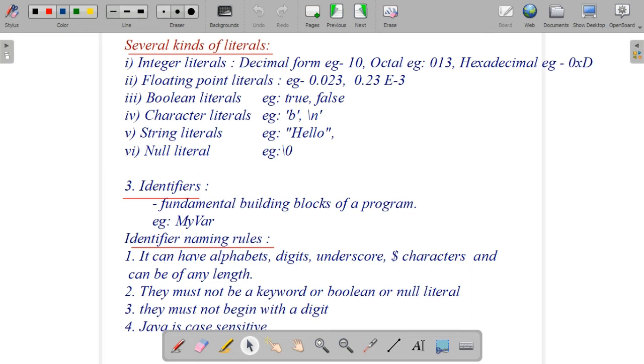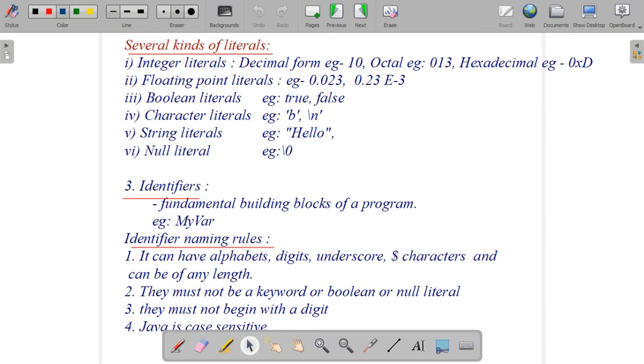You have done all these. You have learned in mathematics how to represent decimal values into fractional values into exponential, and in physics also you will learn some constant like 10 power 3 into 10 power 8 or 3 exponential 8, like that. So floating point literals means the numbers with a fractional point.